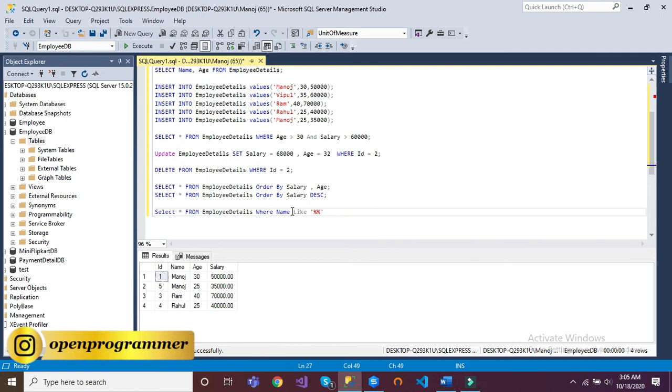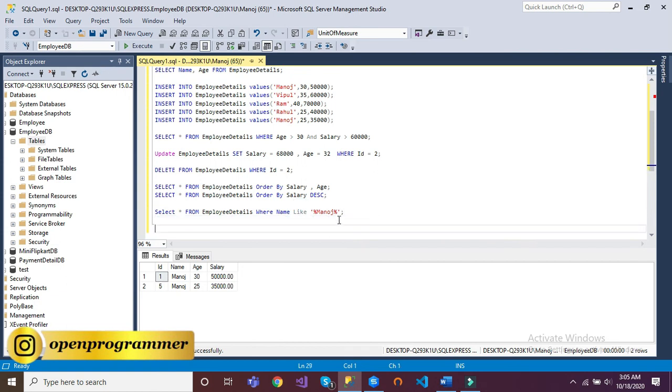This is the syntax. And here we write the name, whatever value we need to find out. Let me select the command, click on execute. See, we got all the records having Manoj as a name. So this is how we can get similar data, that is using like keyword.